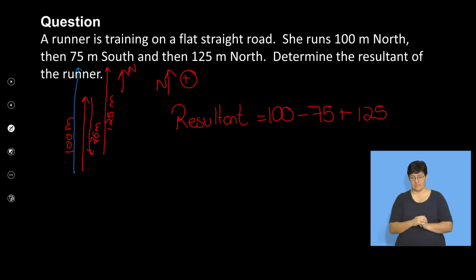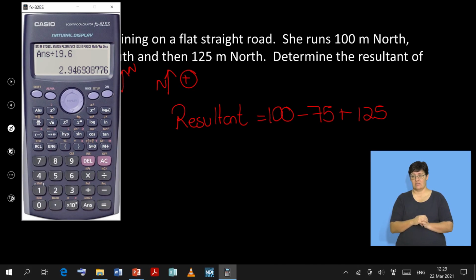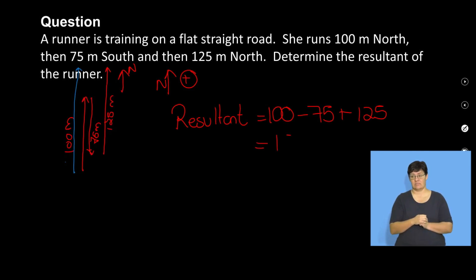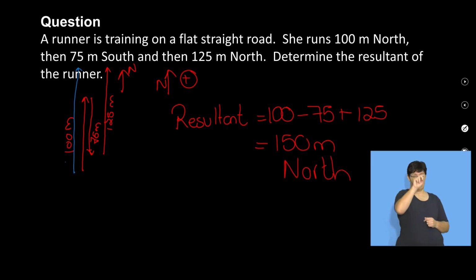So let's do it on our calculators. 100 minus 75 plus 125, and we get a positive 150, so she ended up 150 meters